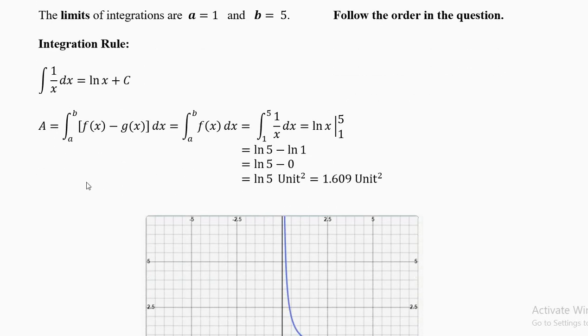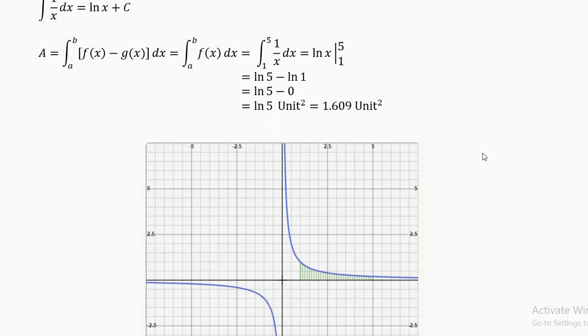Now the integration rule is, when you integrate 1 over x, you will get logarithm natural x plus c, ln x. Now this is power minus 1, and for minus 1 we cannot use the other formula. We have to use a new formula which is the logarithm natural. Now the area is the integral from a to b of f minus g, g equal to 0, so it is the integral from a to b of f of x, which is 1 by x going from 1 to 5. We'll get logarithm natural x going from 1 to 5. Ln 1 is 0. Logarithm of 1 to any base is 0, and your exact answer is logarithm natural 5. You put it in your calculators, you'll get 1.609.